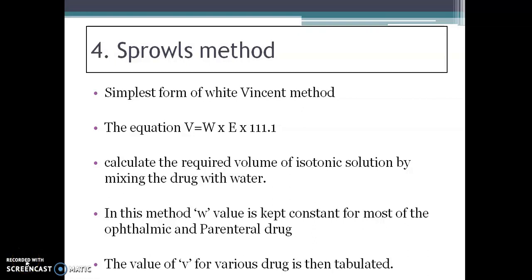Now the next method is the Sprowls method. This is the simple form of the White-Vincent method, and the equation used to calculate the volume is V equals W into E into 111.1. But in this method W is kept constant, so the equation is written as V equals